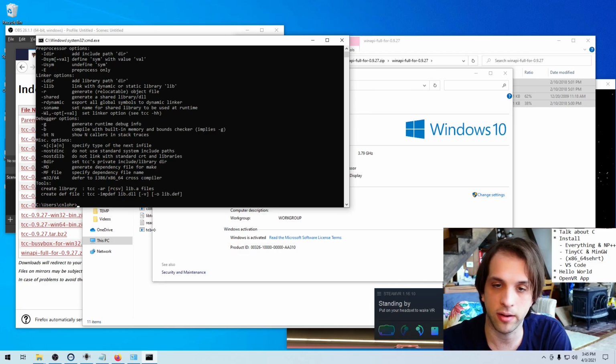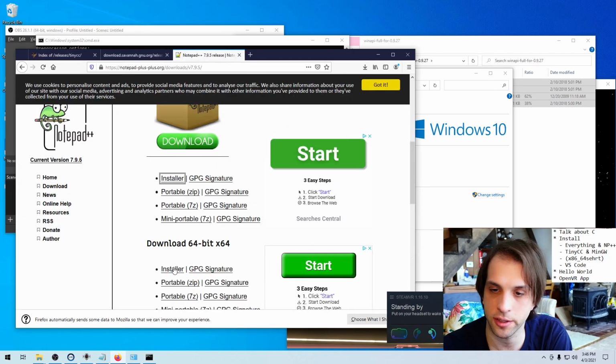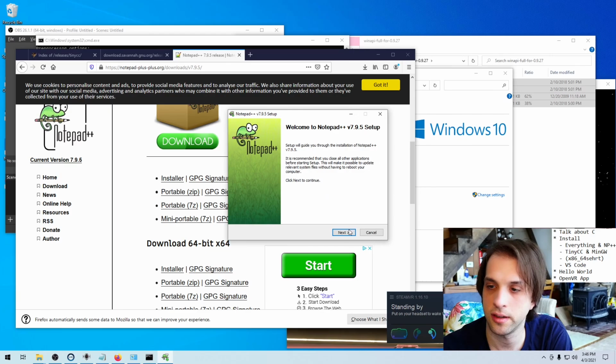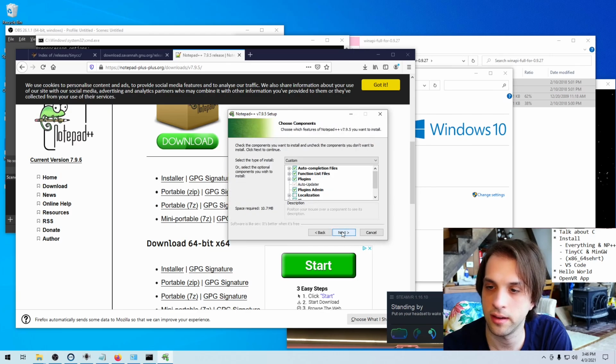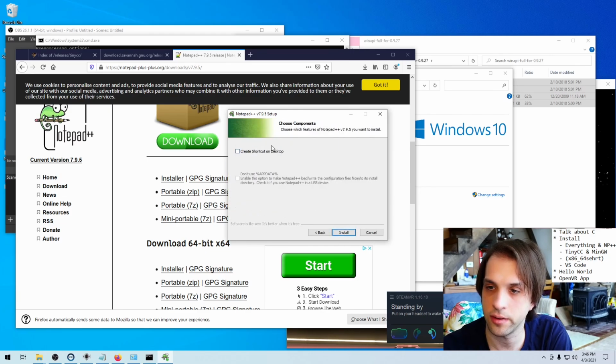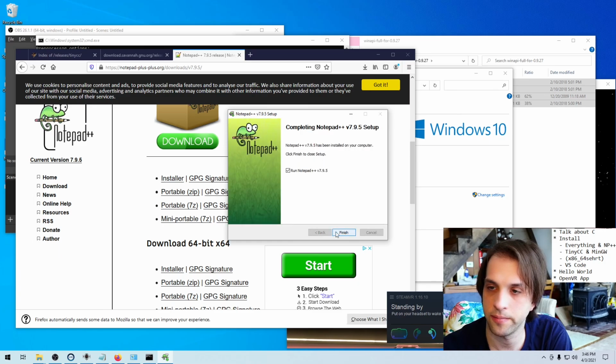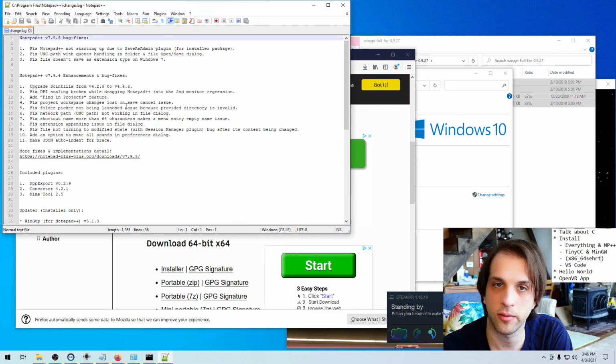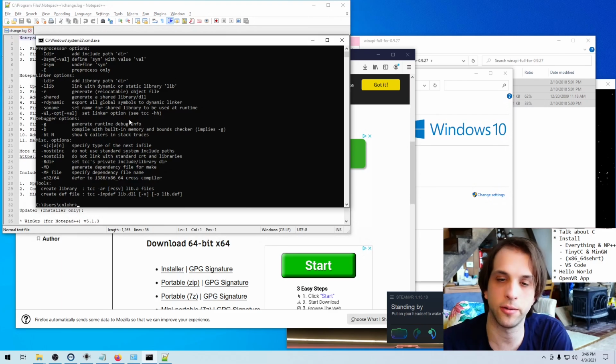I'm going to make a file called, actually, let's go get Notepad++ installed. Boom, there it is. Save, go, done. Let's get this thing installed. English. Yep, I agree. Yeah, sure, whatever. Yeah, we're good. Okay, and we're going to run Notepad++. And so what I'm going to do is say Notepad++